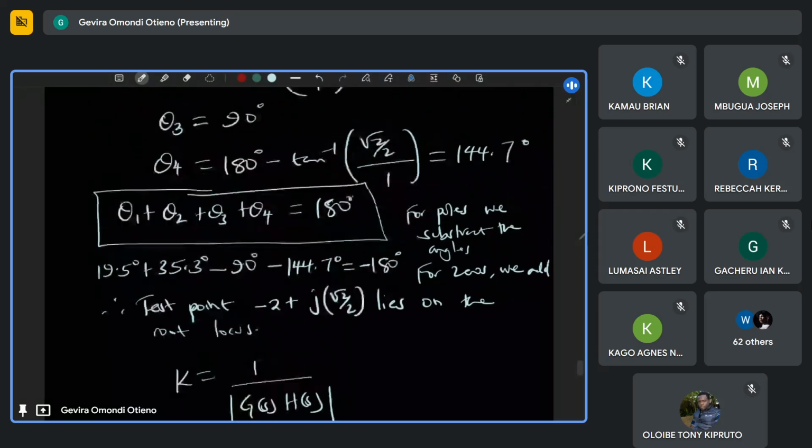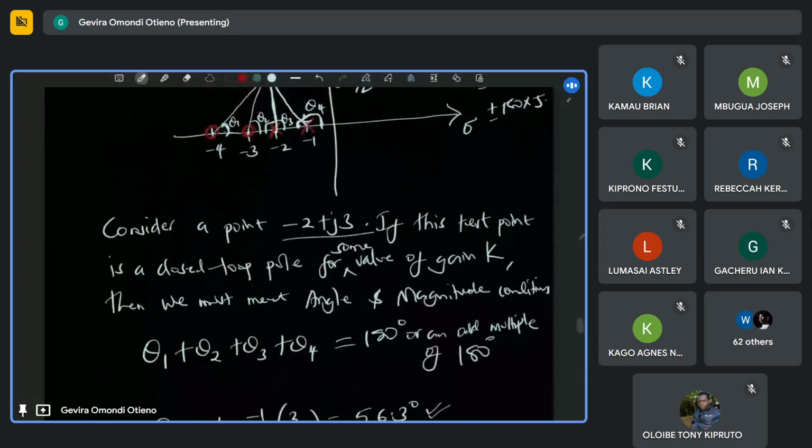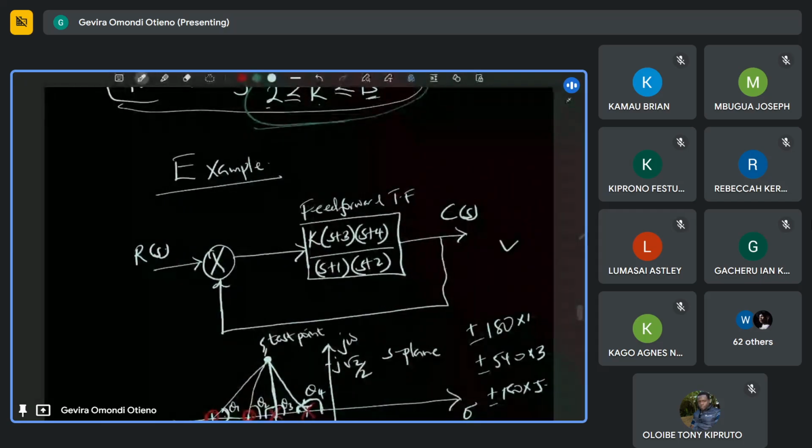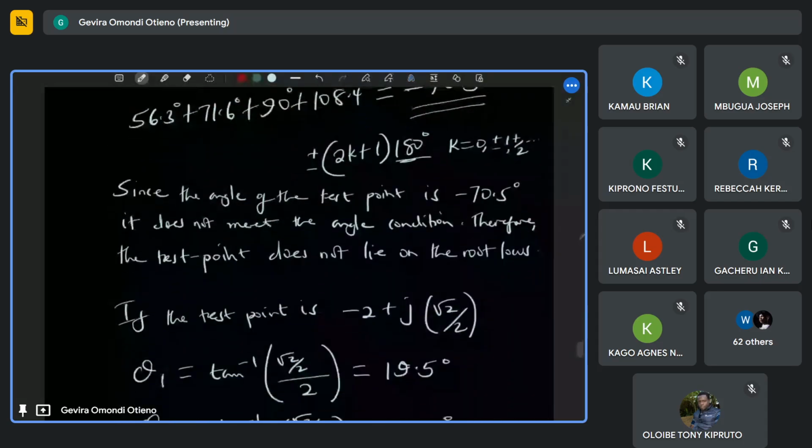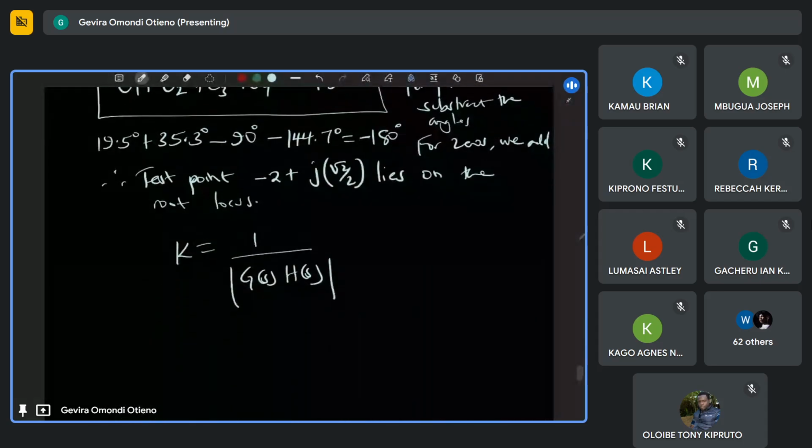Now, ladies and gentlemen, if you look at our feedback system, you can see that H of S is 1 because it's a unity feedback system. So G of S is our feed forward transfer function. Therefore, you can see from our equation here that H of S is 1. So it's just like saying 1 over the magnitude of G of S. This is sometimes referred to as 1 over M,